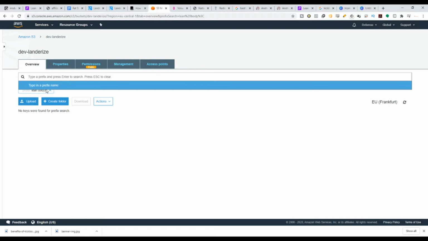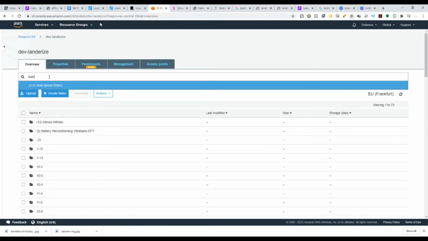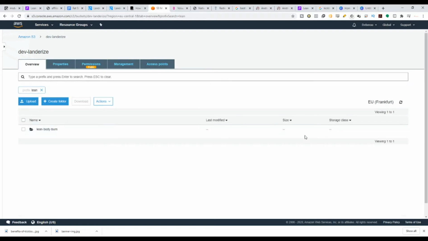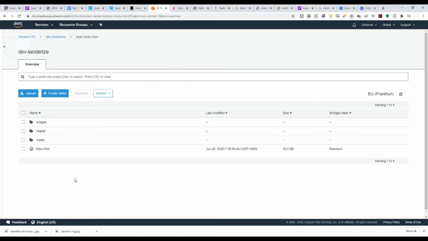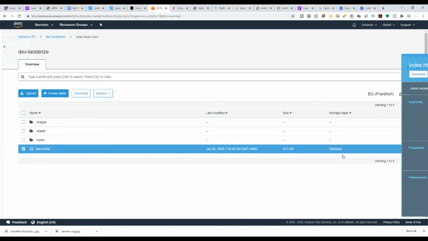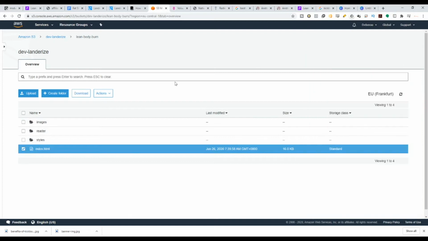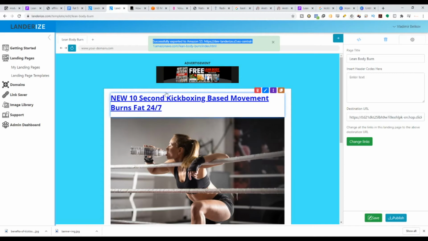Oops, sorry. So it's going to be lean body burn. It's there, so you can open this and check out when you uploaded it and all this kind of stuff, which is pretty neat and pretty nice, guys. So that's it, guys. Step 2, you have successfully created a landing page, and let's move to step 3 on